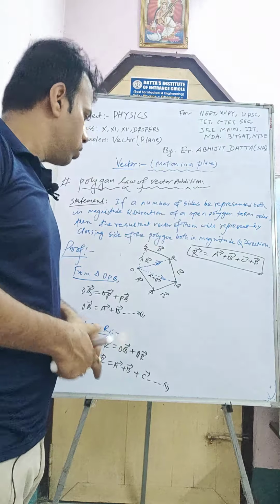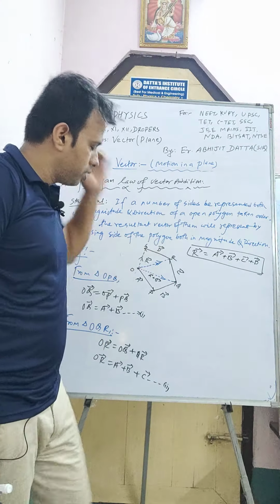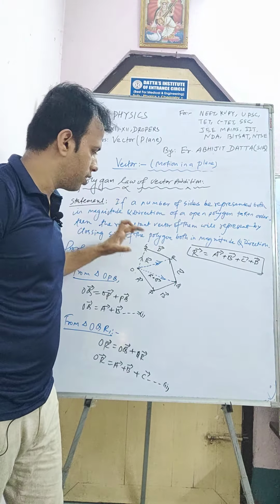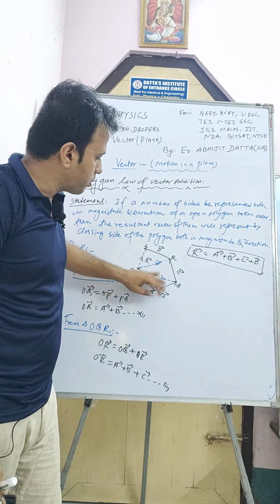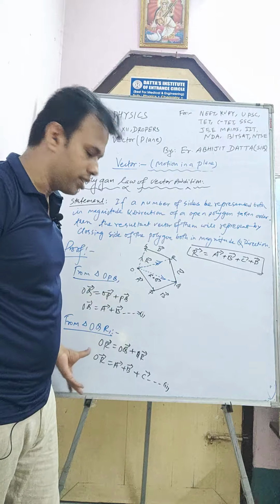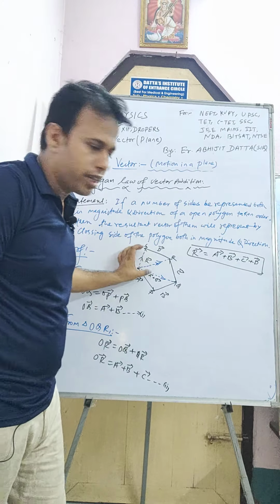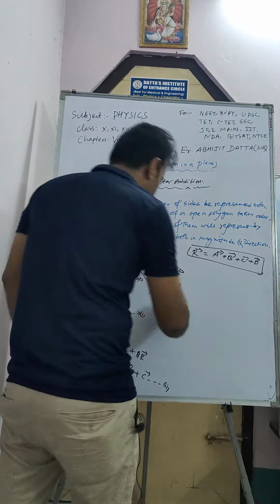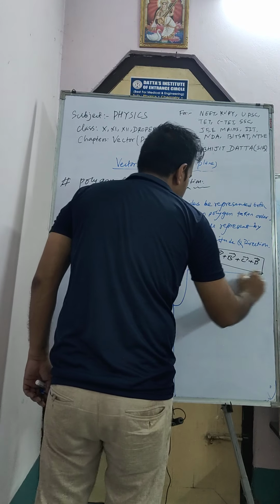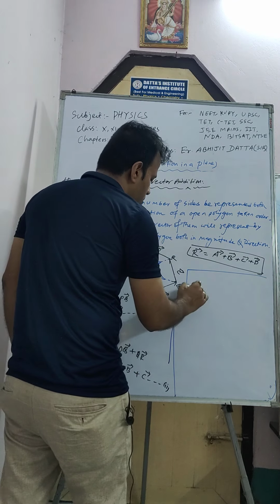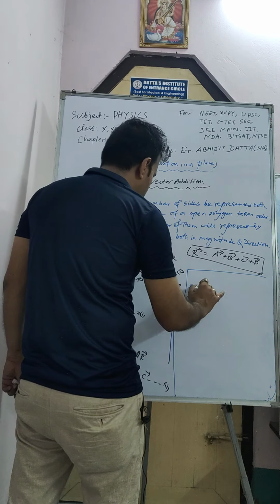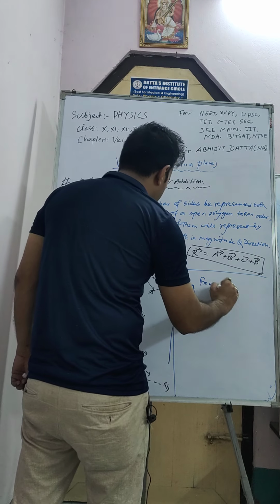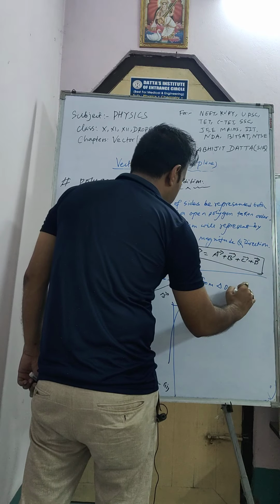Got it? So you have to prove it by taking one triangle at a time. Okay, first I consider this one and I get this result, and after that I consider the middle triangle and I get this one. Now I consider the third triangle. Okay, so let's try. Now come here. From triangle ORS,